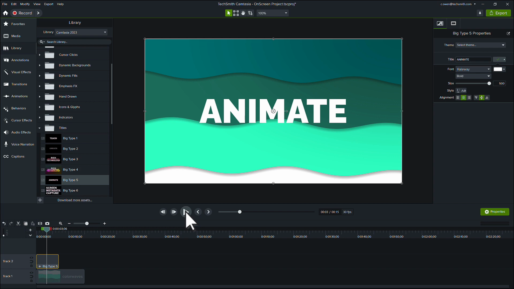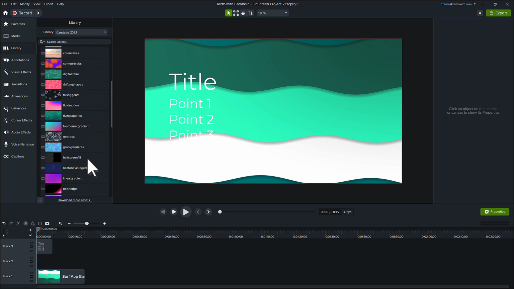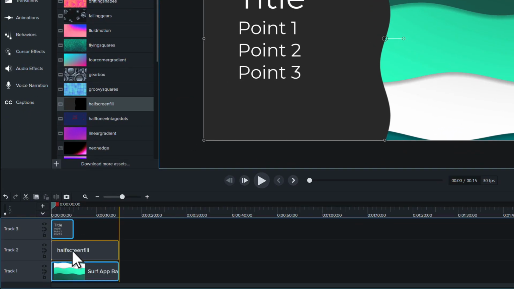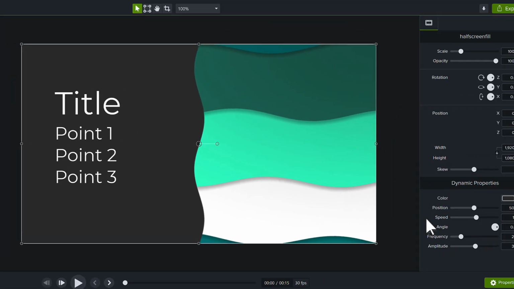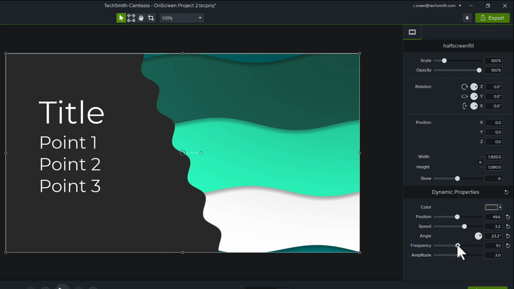Let's create our next title screen. I have a text annotation I added to the timeline. It's a bit difficult to read. In the library, under the Dynamic Backgrounds folder, let's use the half-screen fill asset for more contrast. Click and drag it to the track above the background, but below the text annotation, so that the text is on top and the background is underneath. Although there are options to customize the half-screen fill, I like it the way it is, so I'll leave the